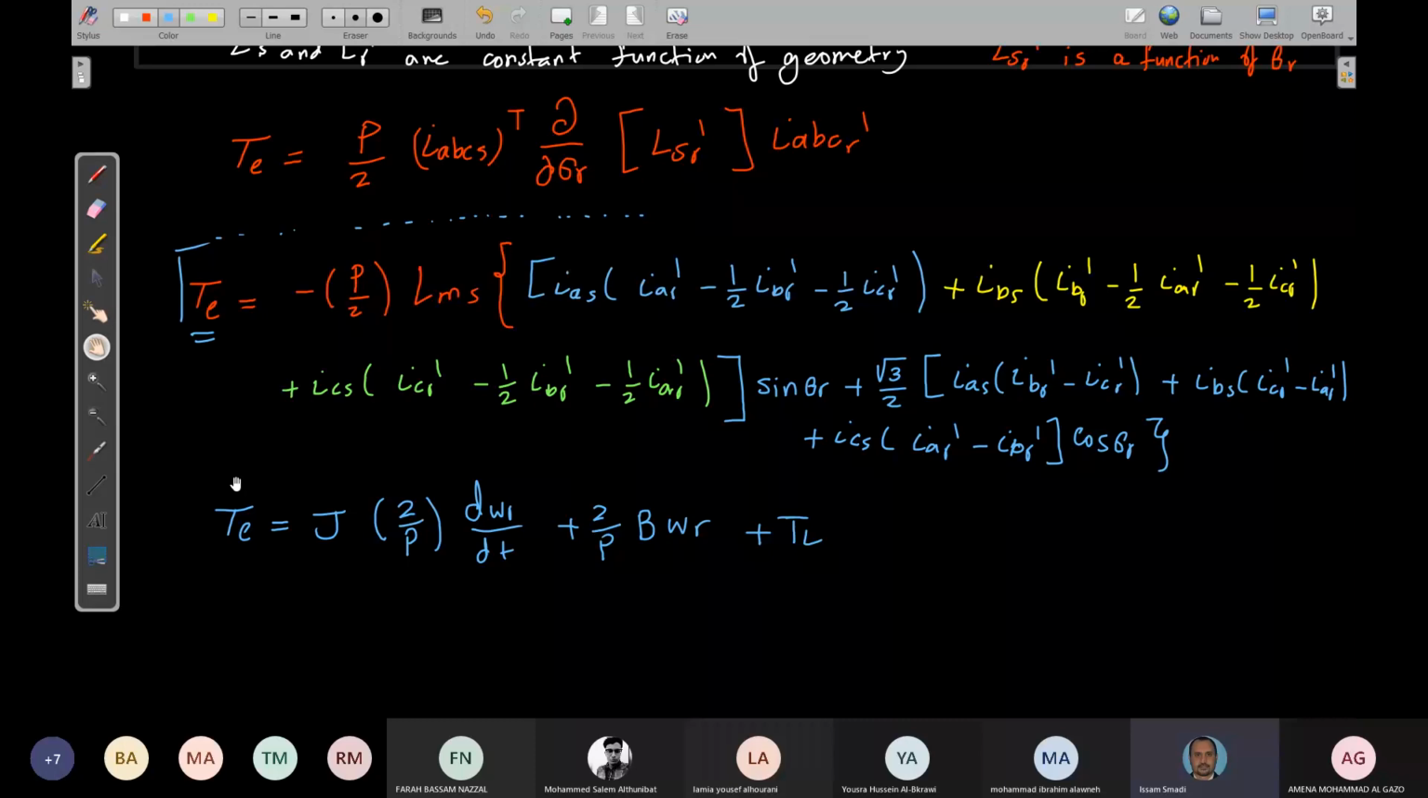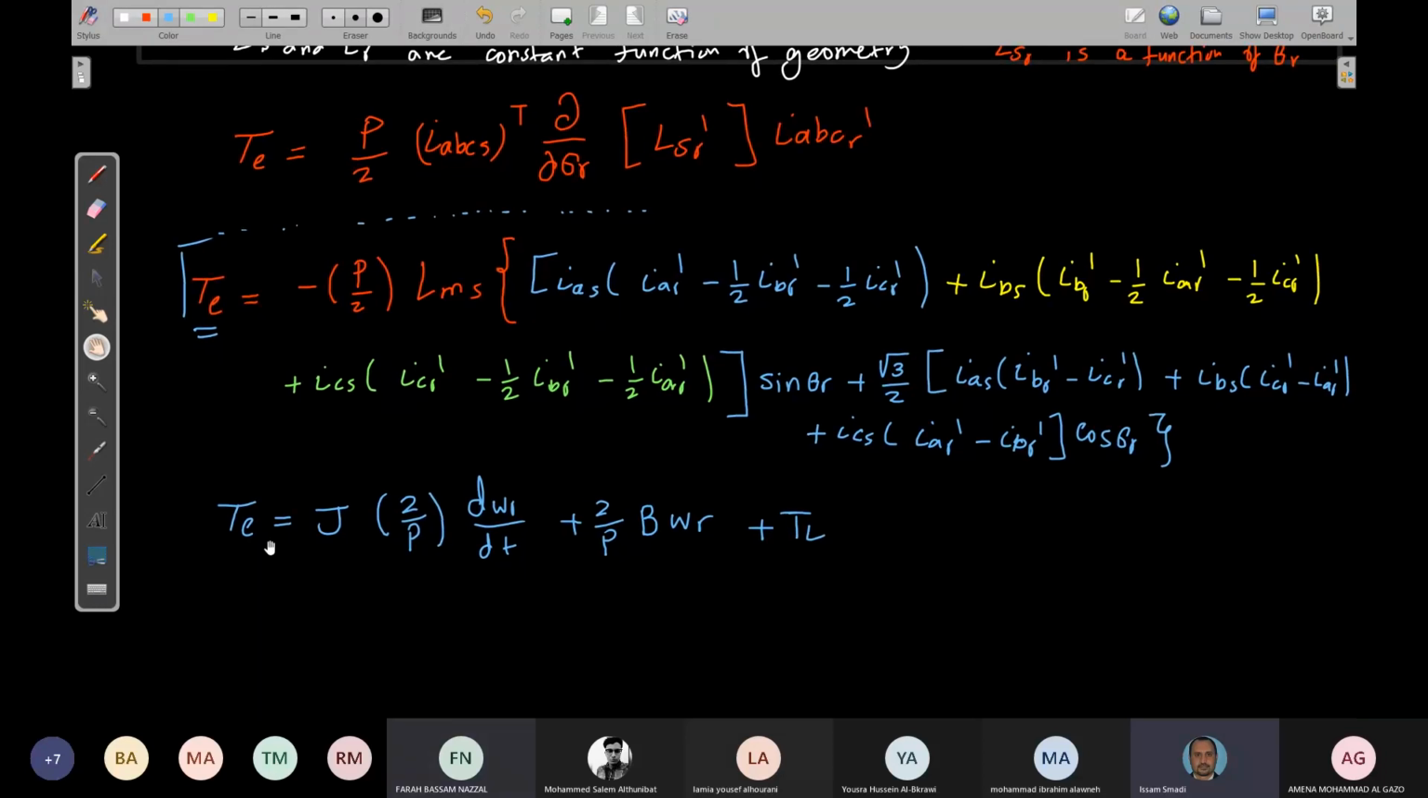So what I was saying is that while you are simulating the machine in the ABC reference frame, you needed the voltage equation, the torque equation, and the swing equation, correct? Yes. And you know that this term is the inertia, the rotor inertia, and it is given in kilogram meter square. And this term here